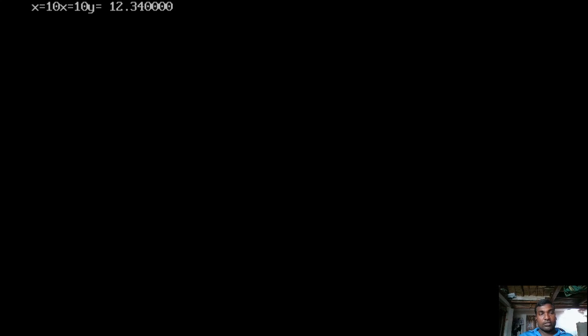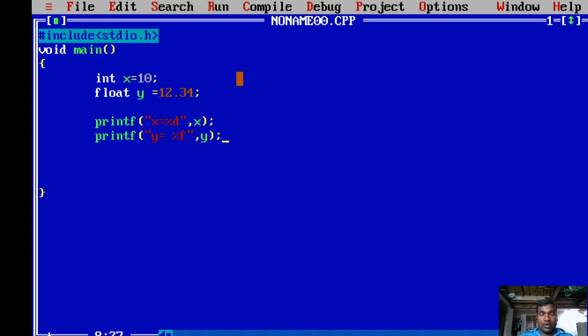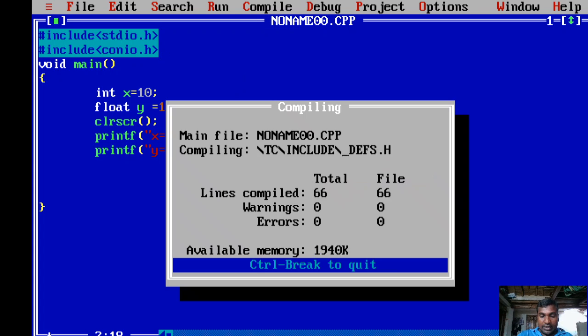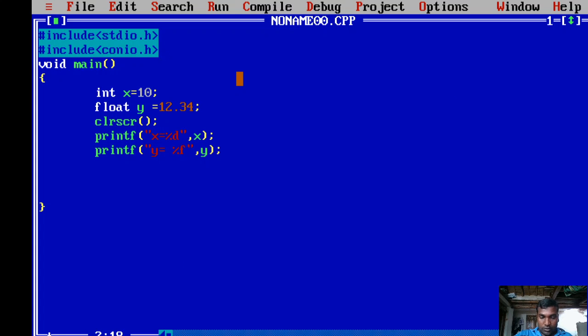So here x equals 10 is appearing two times. Why? Because the previously printed screen is not erased. So I am using the clear screen function that is available in the conio.h header file. So it clears the output screen every time. It only prints the current output, okay.